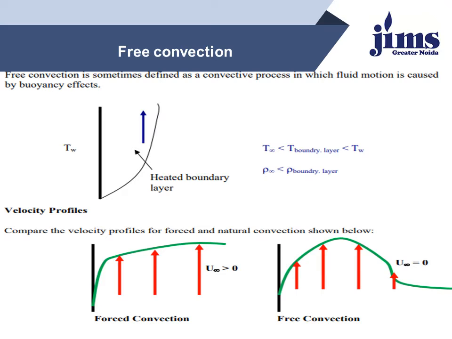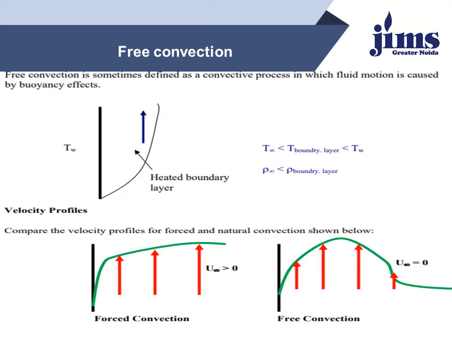In these slides, there are two distributions known as velocity distribution and temperature distribution. When a surface is maintained in still fluid at a temperature higher or lower than that of the fluid, a layer of fluid adjacent to the surface gets heated or cooled. A density difference is created between this layer and the still fluid surrounding it. The density difference introduces the buoyancy force causing the fluid near the surface to move. So heat transfer under such conditions is known as free convection.